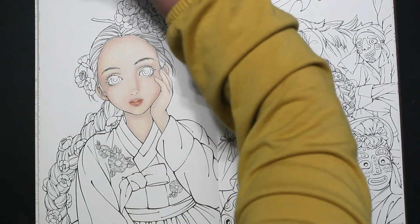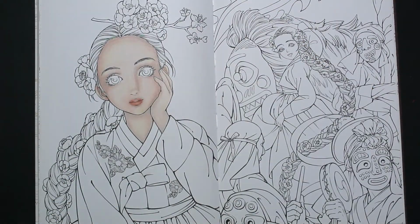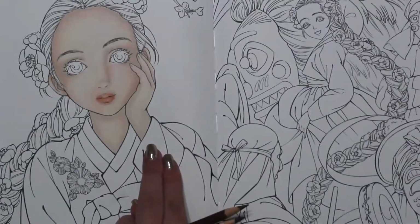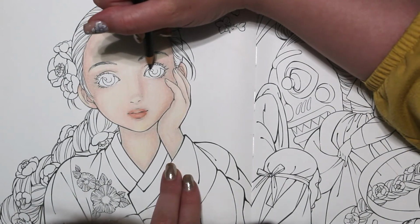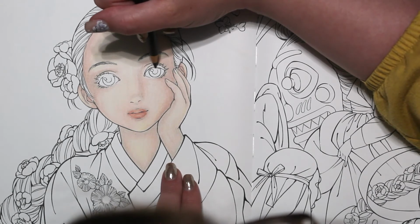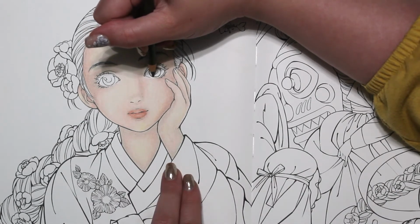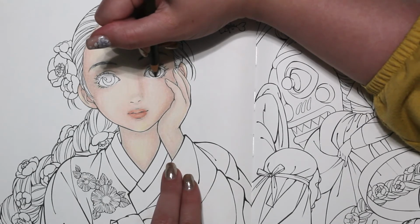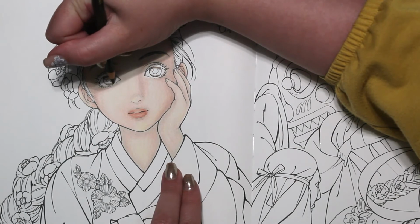eyes. I don't know, I'm grabbing a few colors here. Let's start with burnt umber. I'm going to zoom in just a little bit, maybe not as far as I was before. Okay, there we go. Burnt umber. I'm going to put that right at the top of her, right at the bottom. Get my hair out of the way. Oh my goodness. Okay. And then,